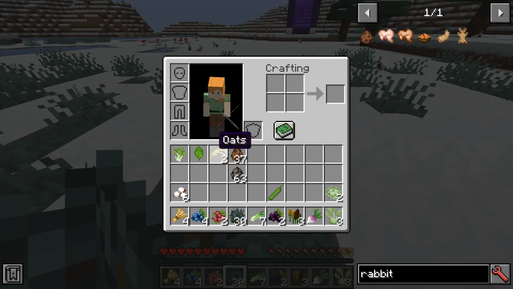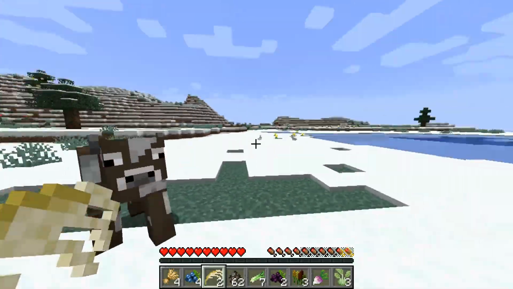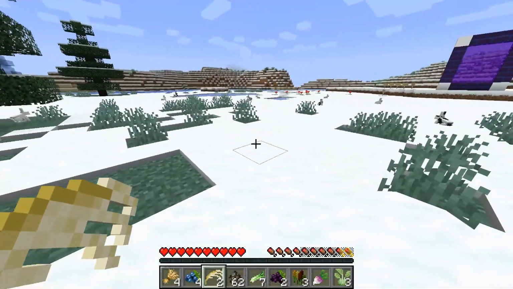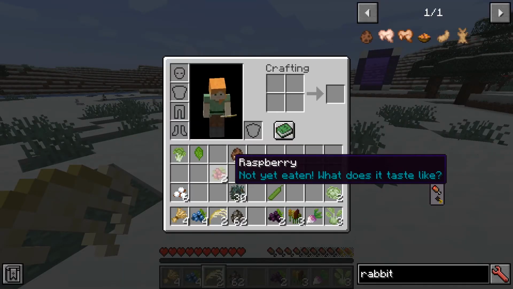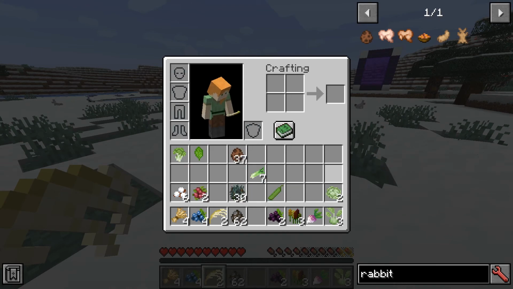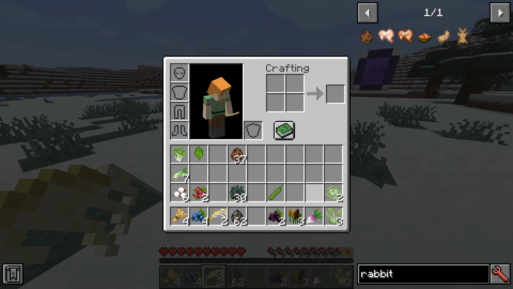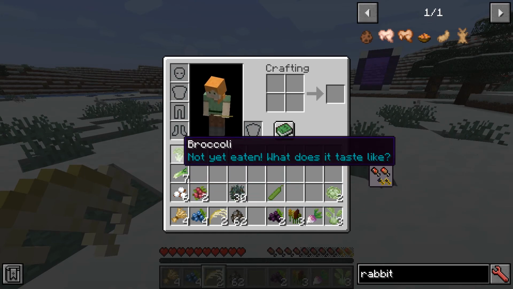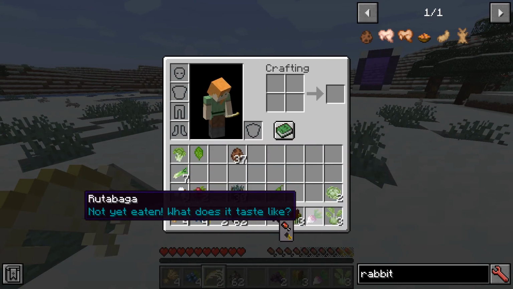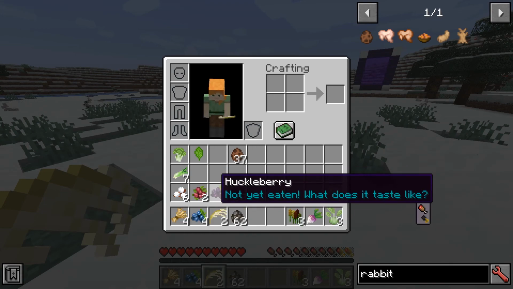Okay, there's also oats. So oats will also be used for cows. So oats can also be used for cows there. So celery, spinach, broccoli, raspberry, cabbage. I wonder if... Yeah, so interestingly, right, so these are what you get from the... and also huckleberries as well. These are used for...